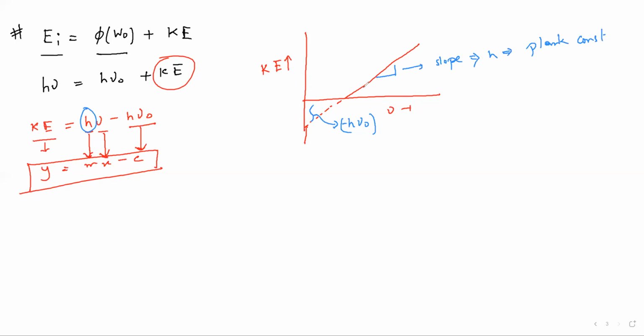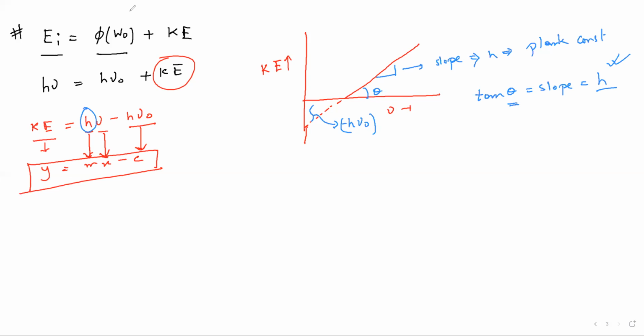Okay, and if the angle is theta, we all know the geometry. Tan theta equals the slope, which is basically h. Now the h value is given to you. You know the h value, so from here you can find the theta value. Is it clear? Any doubt regarding this part?